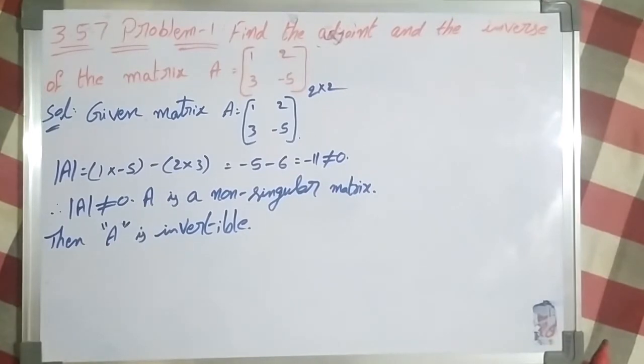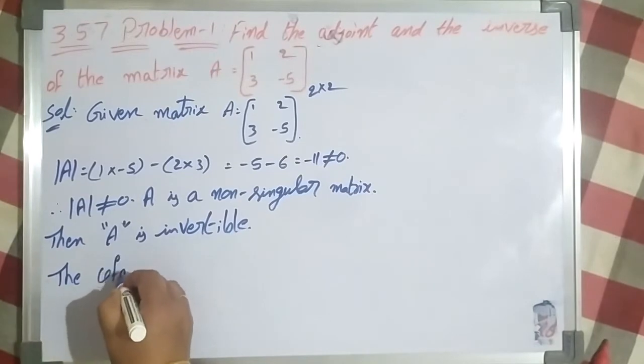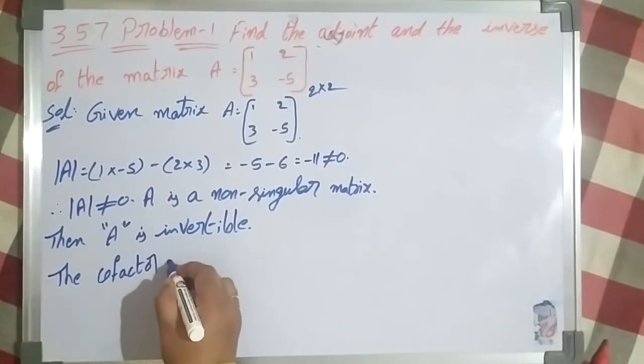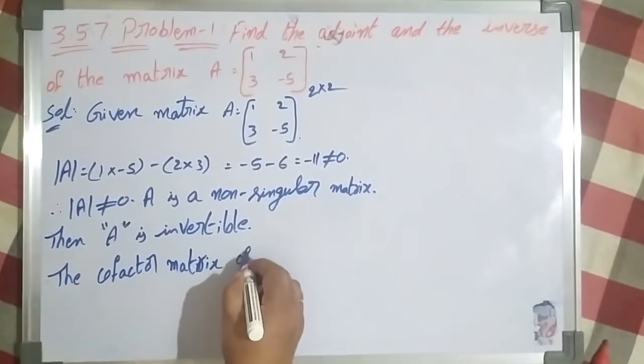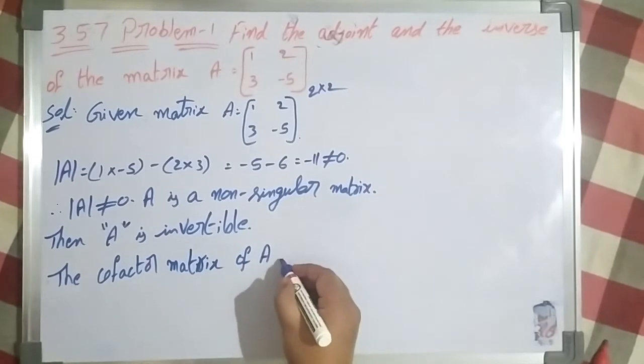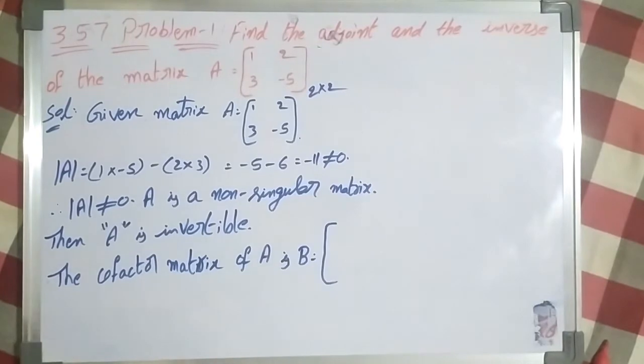For that, we have to find the cofactor matrix of the given matrix A, and then we have to transpose the cofactor matrix of A, and that is equal to the adjoint of A. For that, first we have to find out the cofactor matrix of A. The cofactor matrix of A, let it be B, is equal to